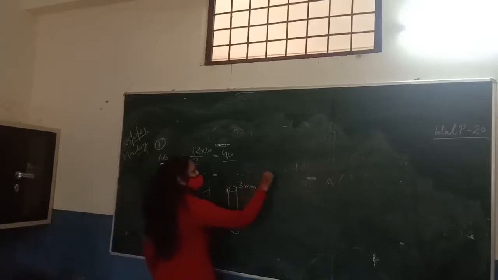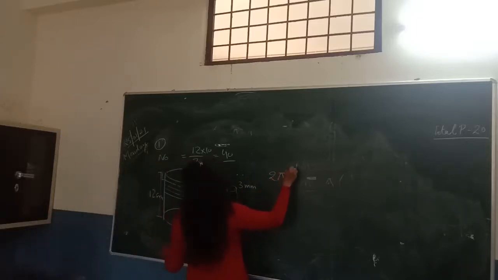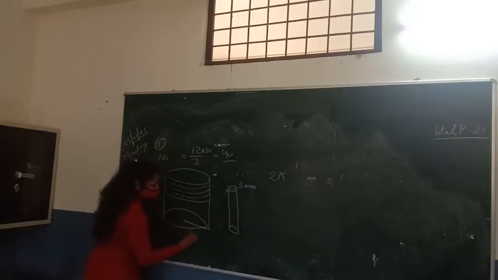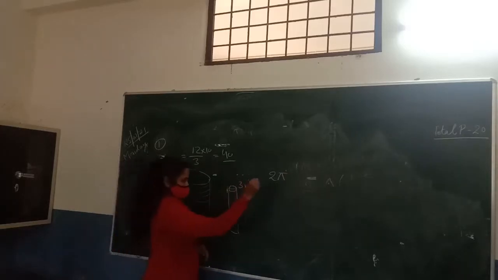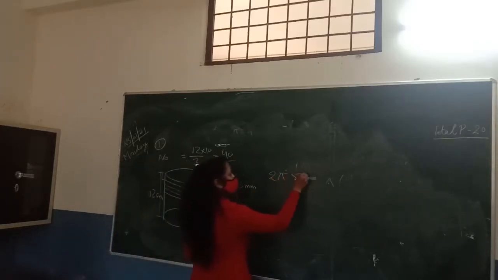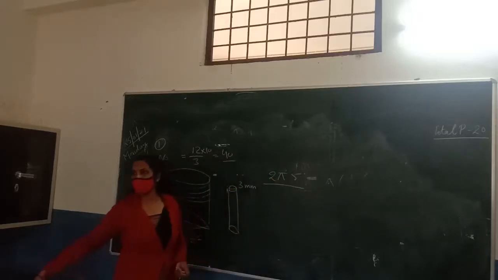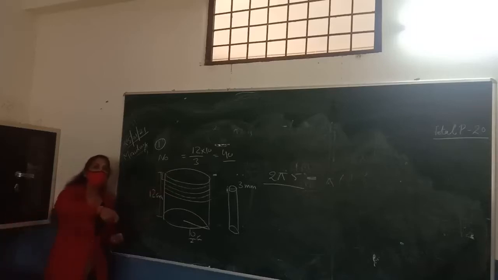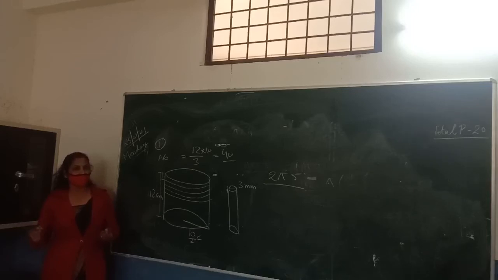That is 2 pi r. What is the radius of the cylinder? Diameter is 10 centimeter, so radius is 5 centimeter. So 2 pi r is the length of this copper wire in one round. The length of the wire in one round is the circumference. And if you know the number of turns, what should be the length of this wire? What will you do? Multiply. Into. We will